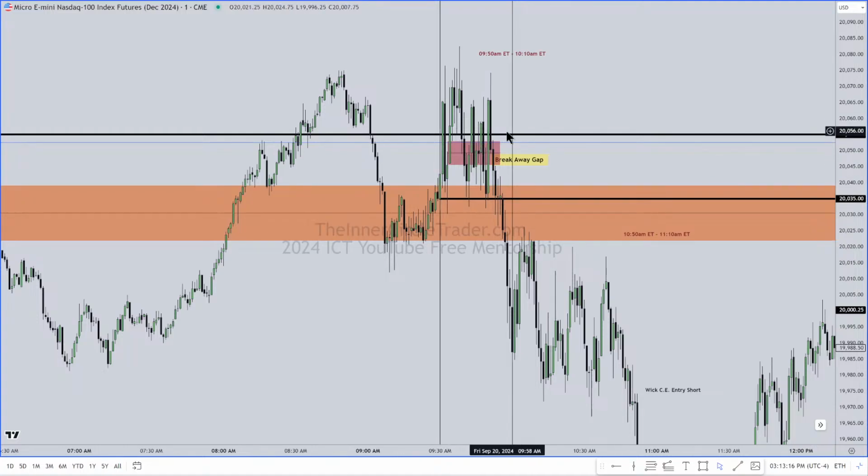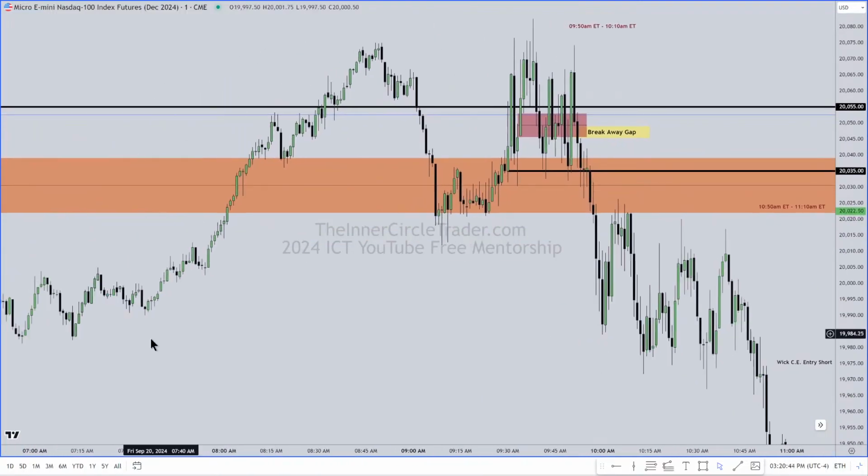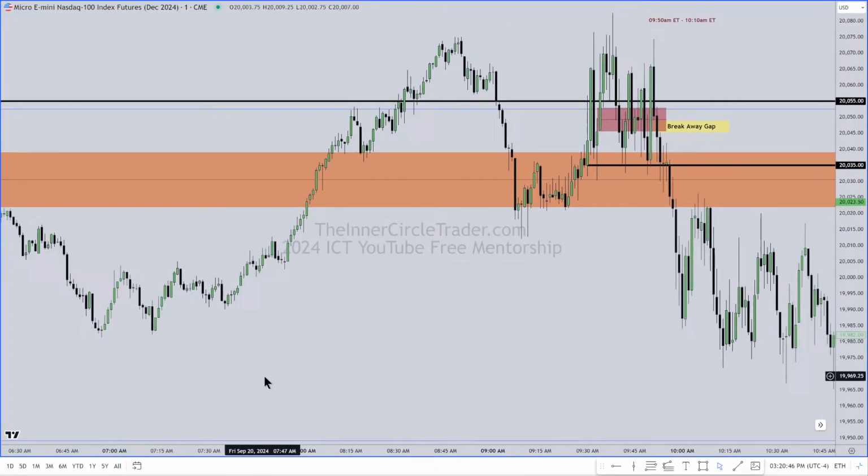You are all told that it's chop, or consolidation, or indecisiveness. It knows exactly what it's doing, folks. So when it drops here and here, and then the relative equal lows over here,